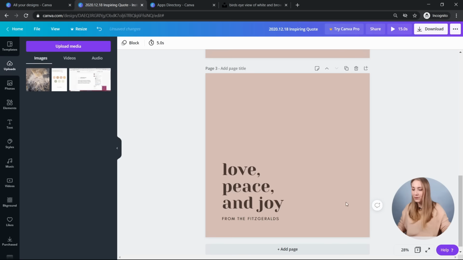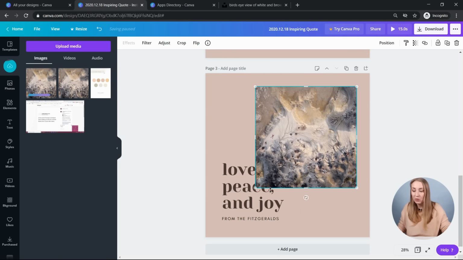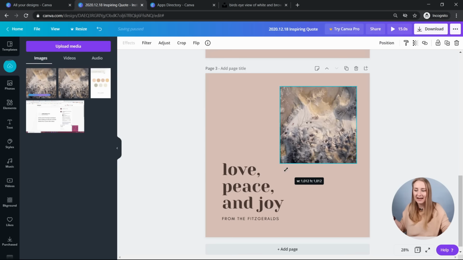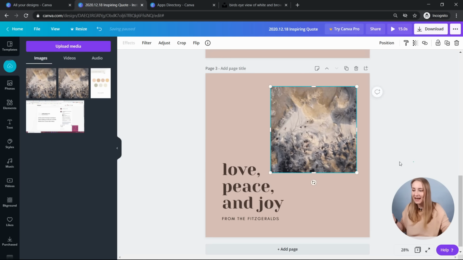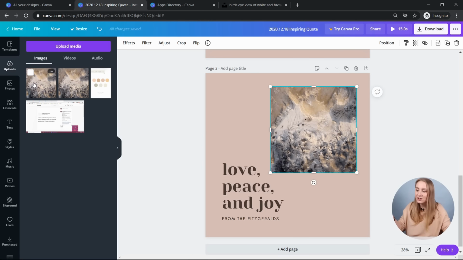I can just remove those things. And if I want to add it as a photo, I can just drag it in here. And it's super cool because I don't even need to drag it. I just Control-V and it's there, right? So I can just add it, again, same as with the other ones. I can just crop it. And as you can see, that design is added to your uploaded media, right? So you don't need to worry about downloading, dragging. Canva is very intuitive and integrates with different parts of your browser.